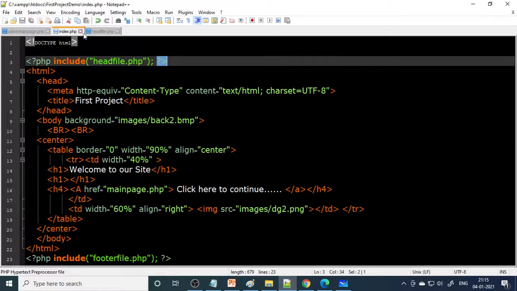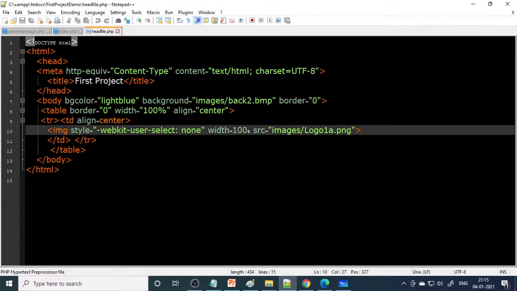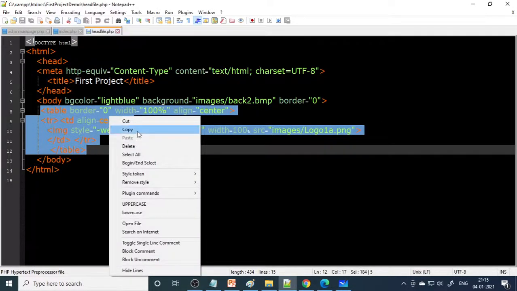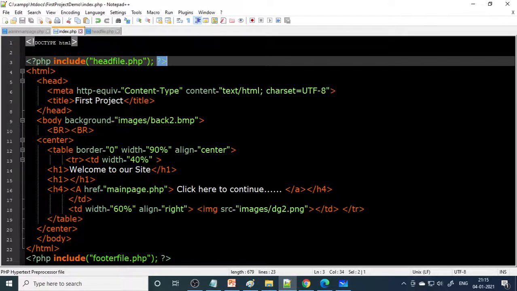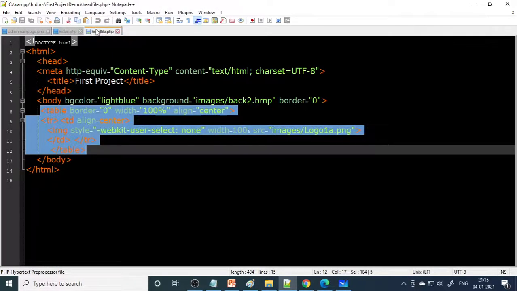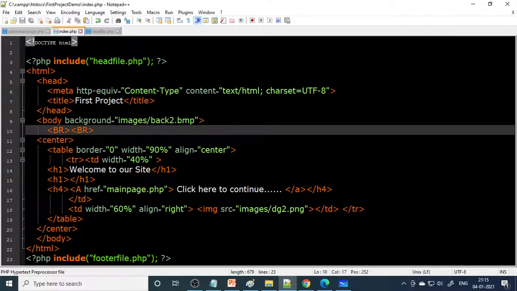So this is the advantage of the head file. Otherwise, at this particular line, because here we have only one image on the top, we could copy this table and place it in the beginning. Once the body is over, we can place it here only. We'll do the same job, but that code has to be repeated in every file. Therefore, in order to avoid this, we put it in a separate file. So whenever you open this file, this code will automatically be called into this particular file and will open.